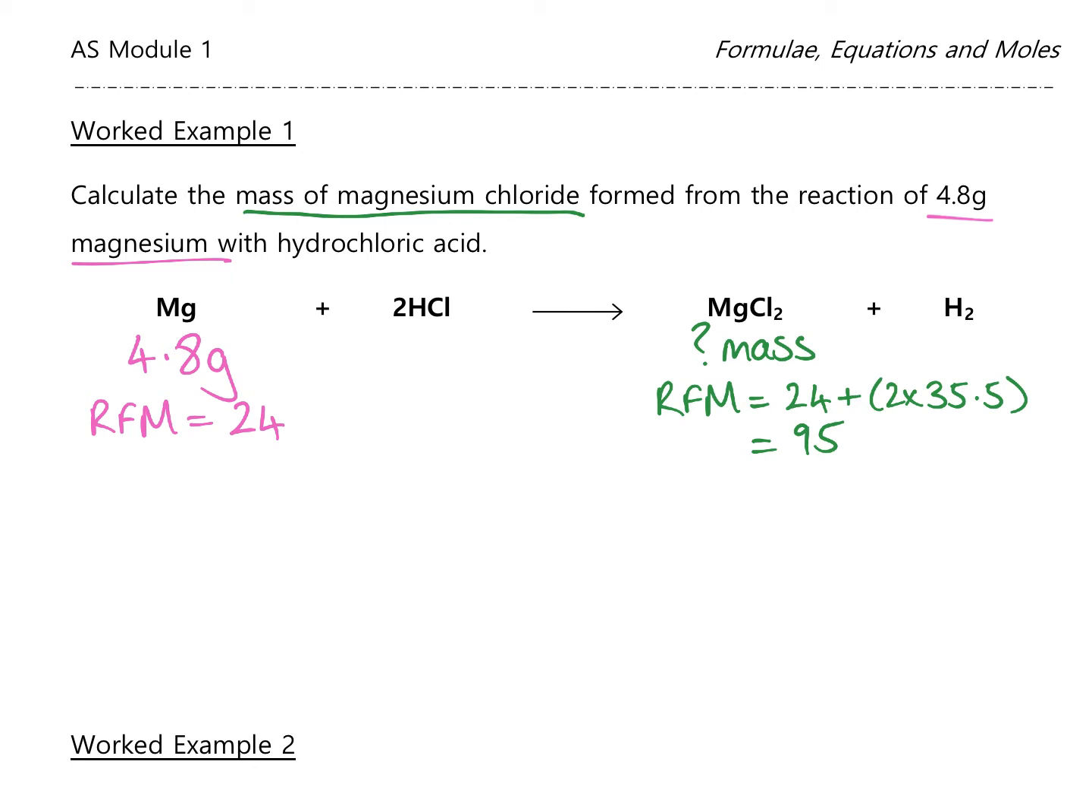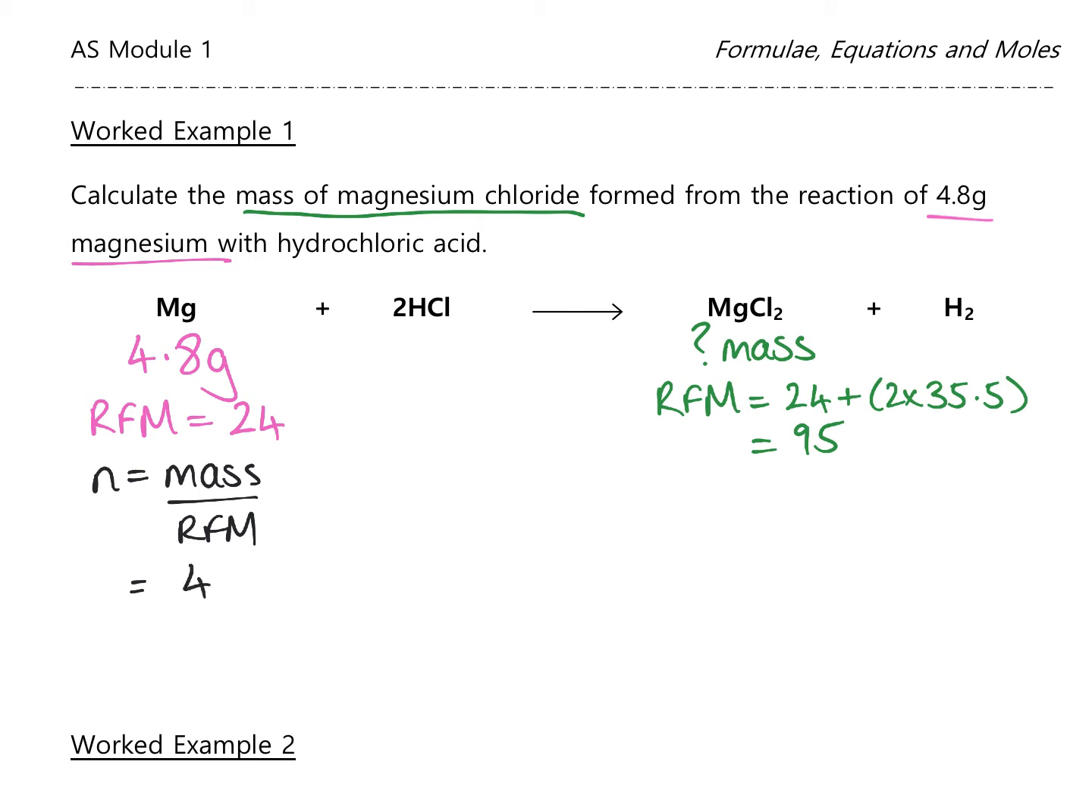You don't need to worry about hydrochloric acid or hydrogen because we're not going to use them in this calculation. So we always start with the information that we've been given, the substance where we've been given its mass, because right now we can't use any equations with magnesium chloride. We can only use it for magnesium. So we'll use our equation, n equals mass over RFM,